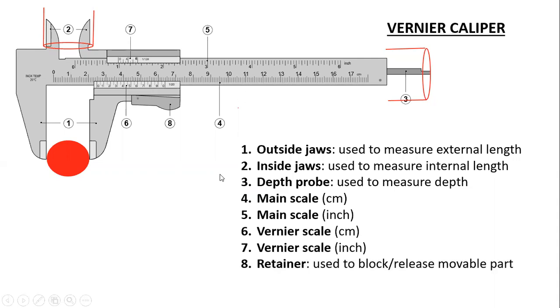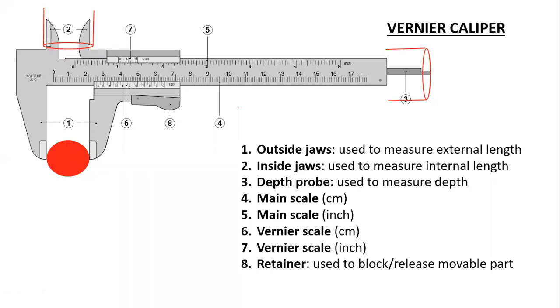And last, we have something called the retainer, this eighth one. For the retainer, we just need to press this. Once you press it, the second end of the jaw is movable against the strip. It will move back and forth. This is required to fix the object. If I want to fix this sphere, I will press this, pull it back, place the object, then press it again and release. Once you release, it gets locked. So it is called a retainer. It retains the object in that slot.